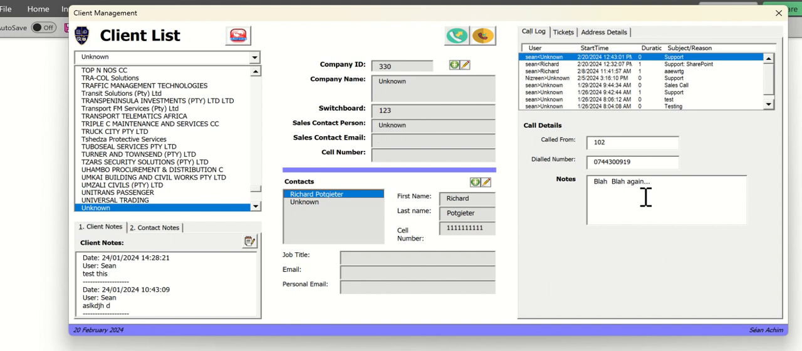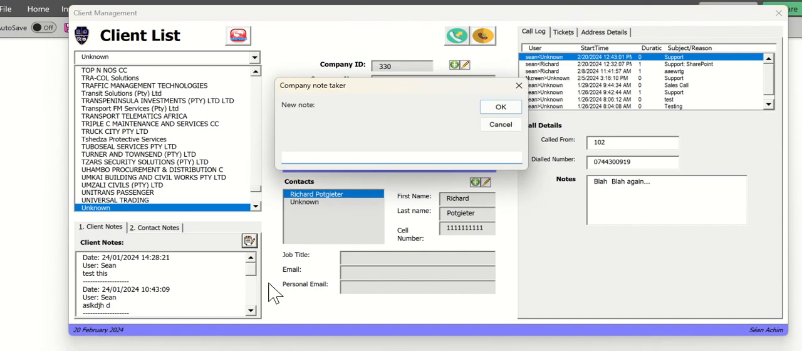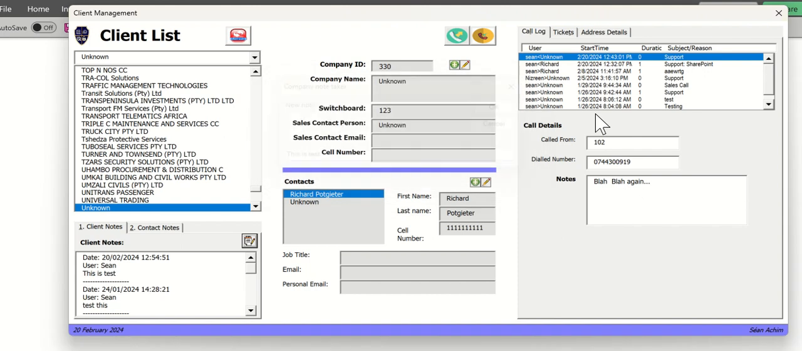A very quick way to keep track of a given client is overall comments, not about a given phone call, just general information, notes against the organization or against the specific person, maintained here as contact notes or client notes. To add a client note is simple. You would just type in and say, this is a test, and that's it. You've immediately got a statement which says this is a test, with its date and timestamp and the current user